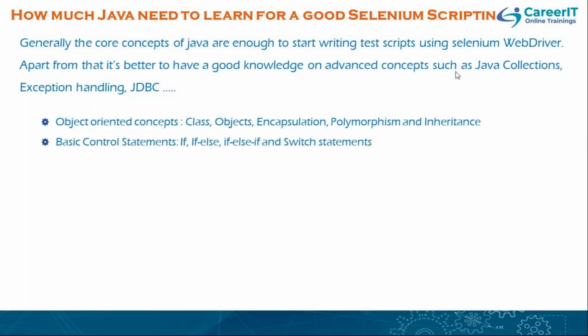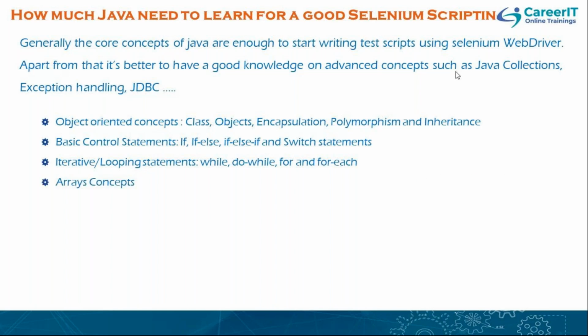And the basic control statements, that is nothing but if conditions, if else, and switch case statements, are required, because Selenium, automation or manual testing is nothing but validating something, that is, if you click on this, whether this is happening or not. That means you should understand how if conditions are written and how switch case statements are used. Okay, and basic iterative or looping statements are required: while loop, do while, for each loop, and all this.